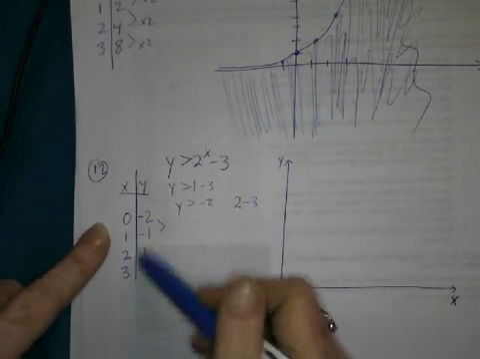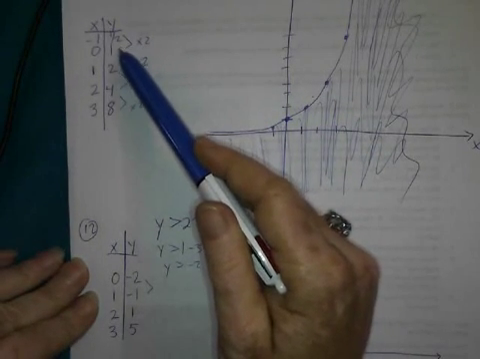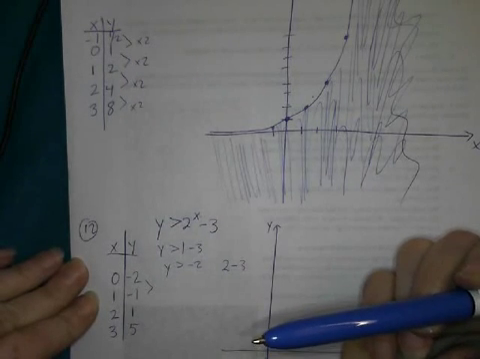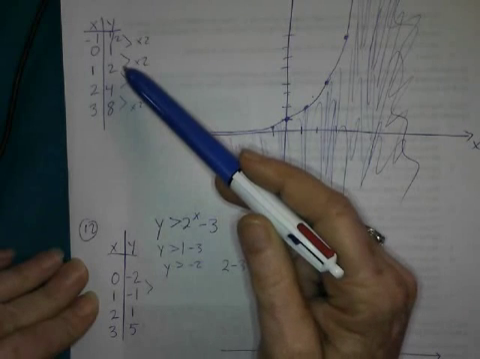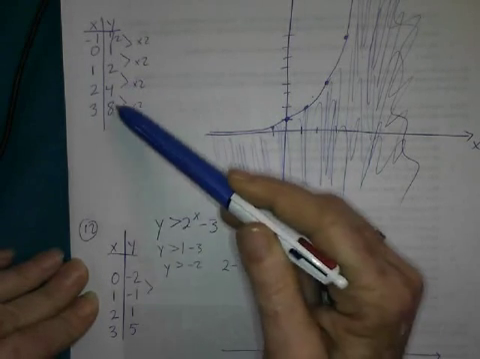Now, when I look at these numbers and I look at these numbers, I think these numbers are the same as these numbers except for just subtracting 3, right? Because 1 minus 3 is negative 2. 2 minus 3 is negative 1. 8 minus 3,